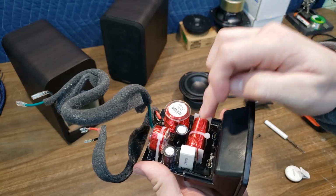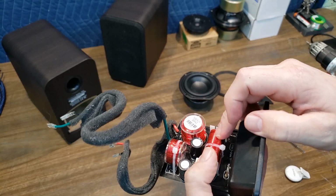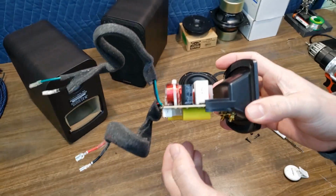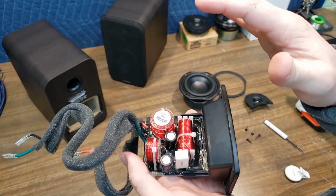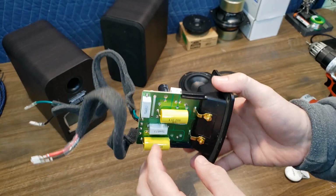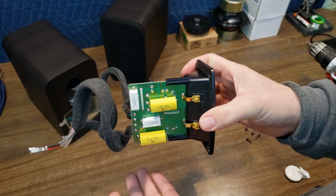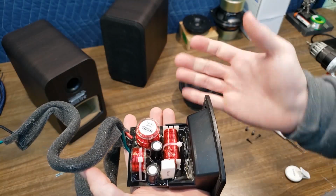Otherwise, I'm assuming the iron core inductor and this other electrolytic capacitor are on the woofer network, because I believe the woofer is less sensitive to the components, where on the tweeter you're definitely going to want to have the premium components. And it's a third order